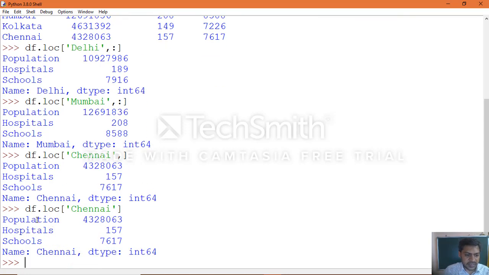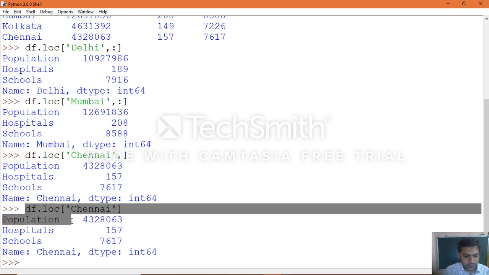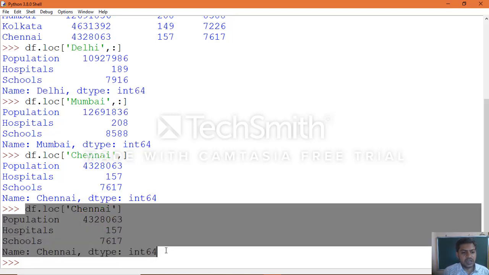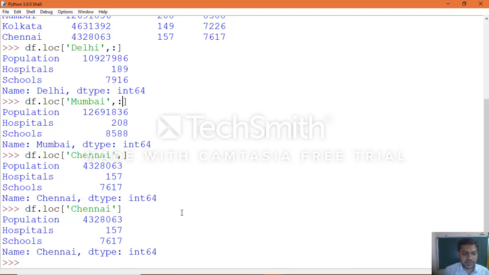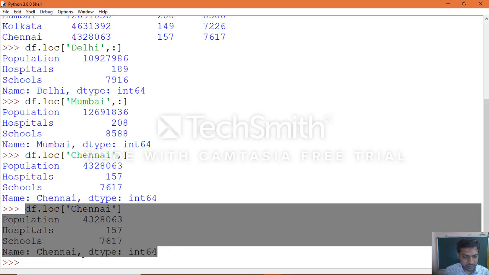So we are getting it, and this syntax also works, we can see clearly. Without the colon it works, but the textbook specified that we must follow the syntax: row label name followed by a comma and then a colon. But without that also we are able to access, as you can see clearly which we executed here.